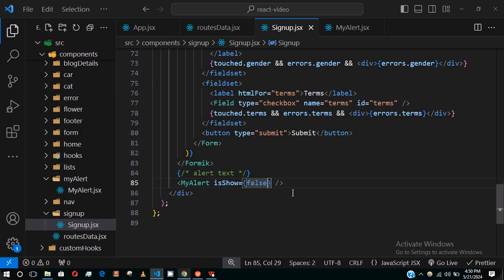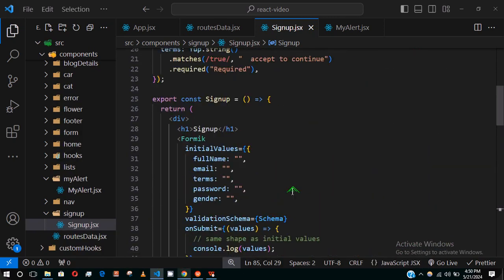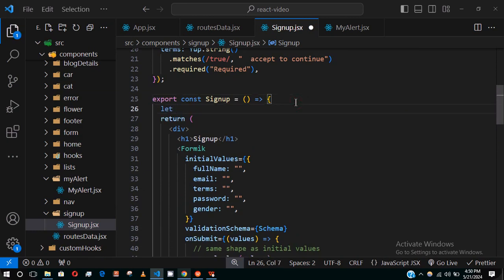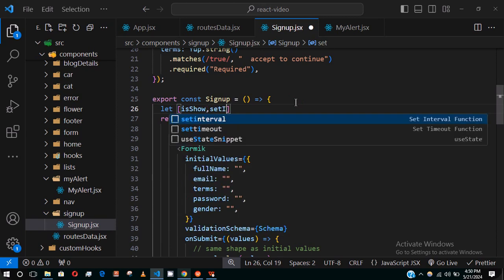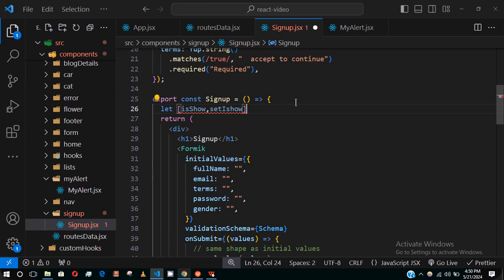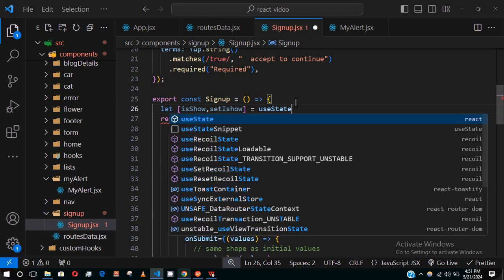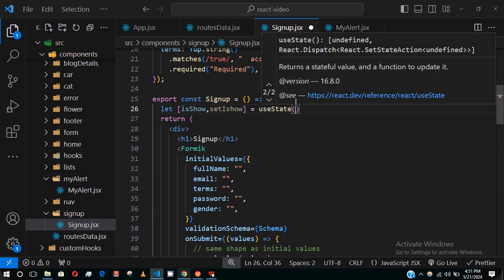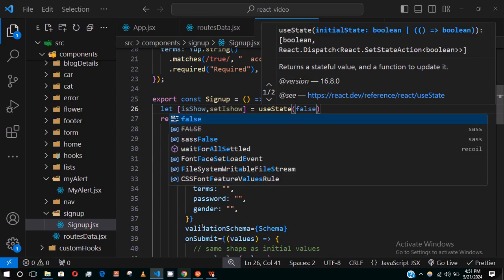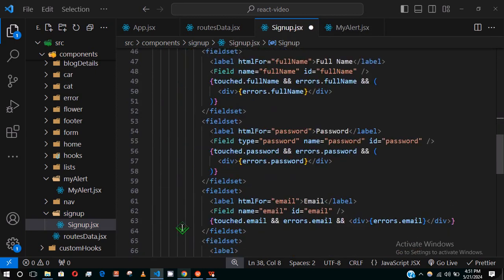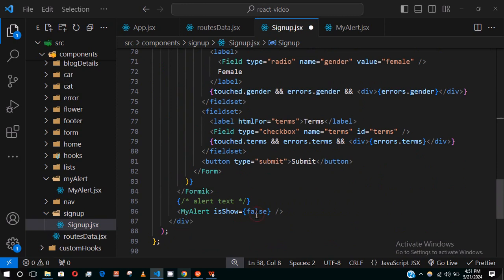Don't know why it's not showing, but let's make this a state. So let issue, then set issue equal to use state false. So instead of this issue,